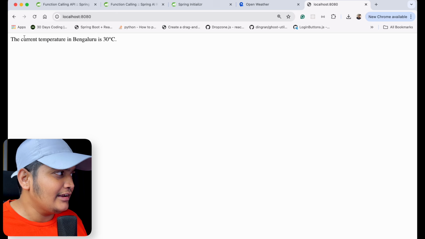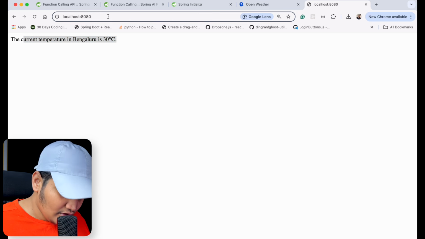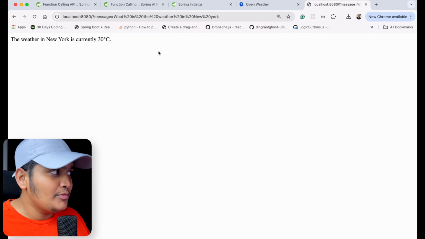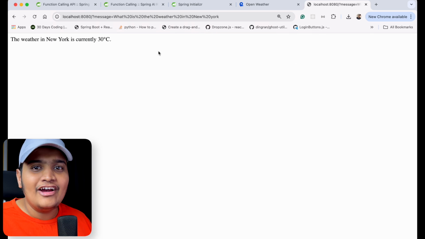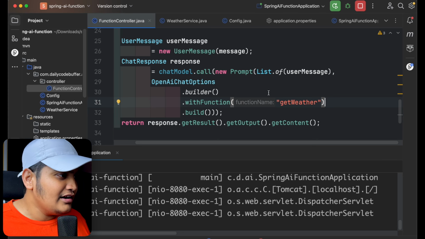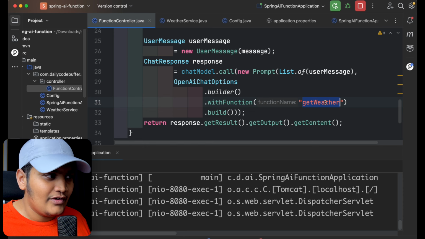You can see that the current temperature in Bangalore is 30 degrees. Now if I say, no problem, what is the weather in New York, that should give me 30 degrees as well, because I have by default given that, okay, what is the weather, it is 30 degrees. That's it, right? So if I come here, it will identify, okay, what is the get weather,